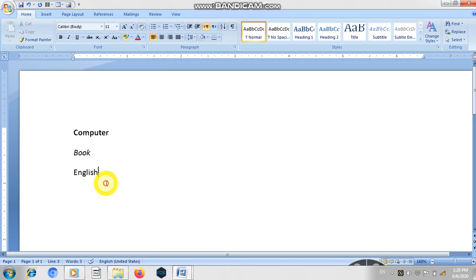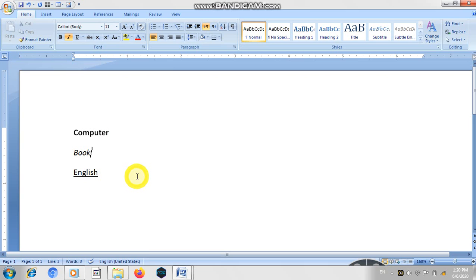Okay, as I type here English, if you want to underline it you just have to select it, as it is highlighted in blue color. Then you have to apply the underline font here. You just have to simply click once. As you can see it is highlighted and underlined. This one is in the form of bold, this is italic, and this one is underline.